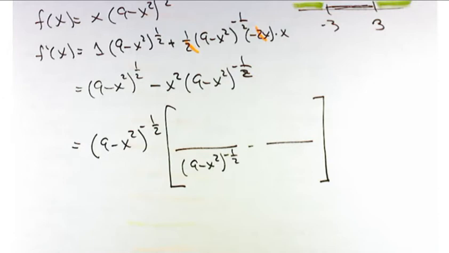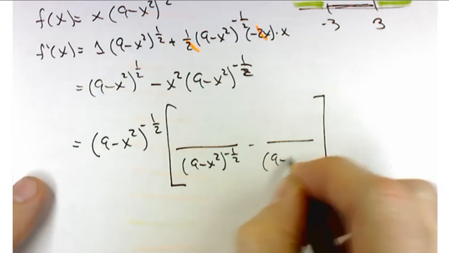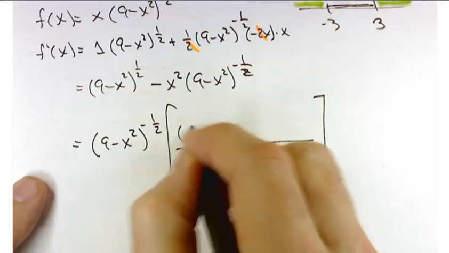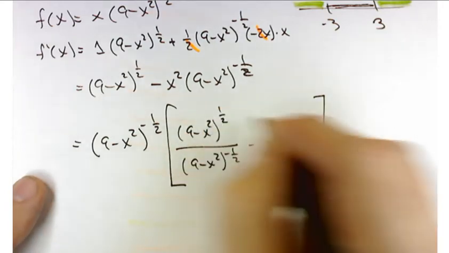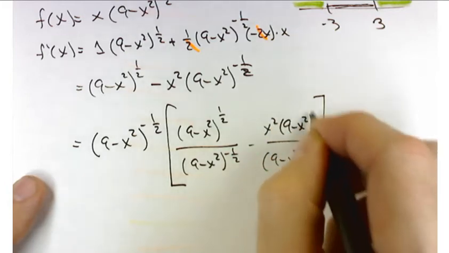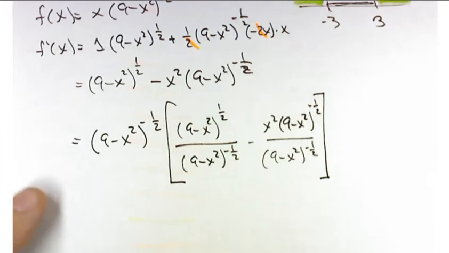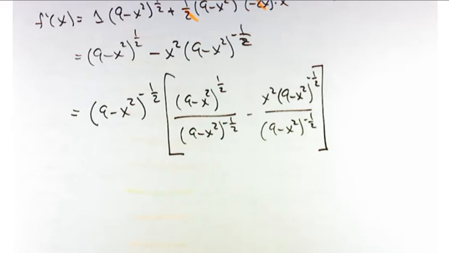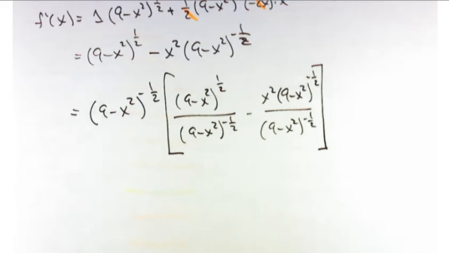No, thank you. So 9 minus x squared to the minus 1/2. That's going to divide each of these terms. So 9 minus x squared to the 1/2 and minus x squared, 9 minus x squared to the minus 1/2. Now, if you can do this step in your head, power to you. I show it because it's tough to get this factorization and this simplification. So I don't want to lose anyone while I do this, but if you can do this in your head, that's great. That's why you show that you divide it, because it's hard to see what's after